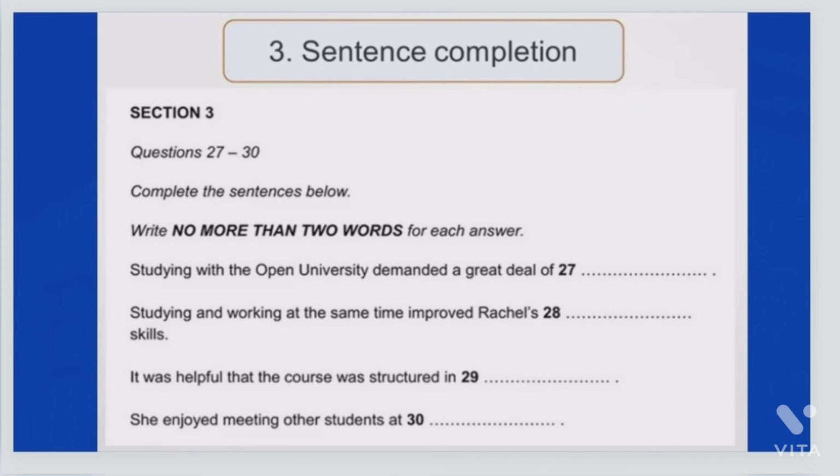In the sentence completion question, you must listen to the recording and fill in the missing words in the sentences to complete them. You may have to read the endings of the sentences and fill in the words to complete them. Take note of how many words are allowed. Your answer will be marked incorrect, even if the information is correct, if you write more than 2 words. For example, in question 28, the phrase studying and working at the same time is replaced in the recording with I am fit for studying with a full-time job.